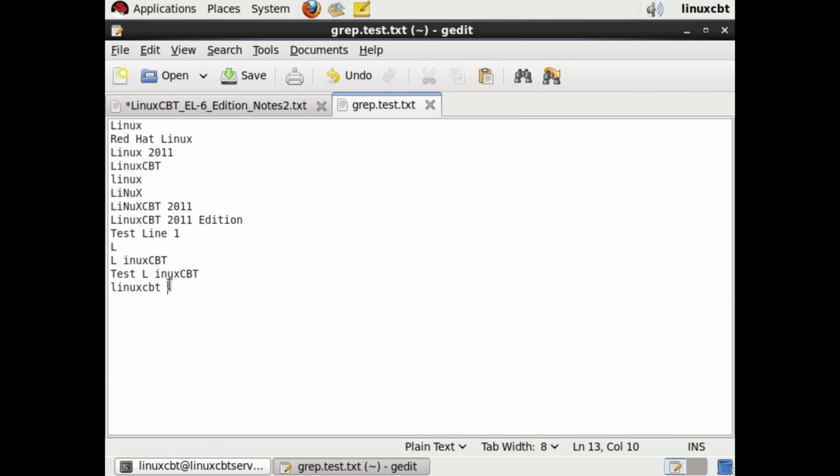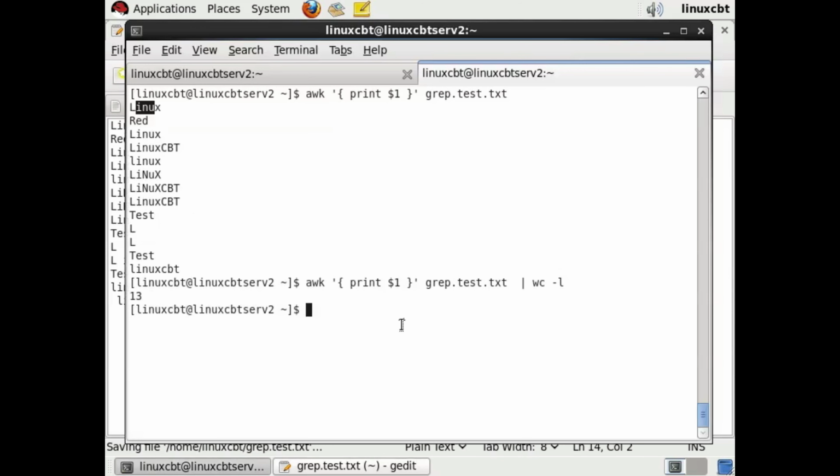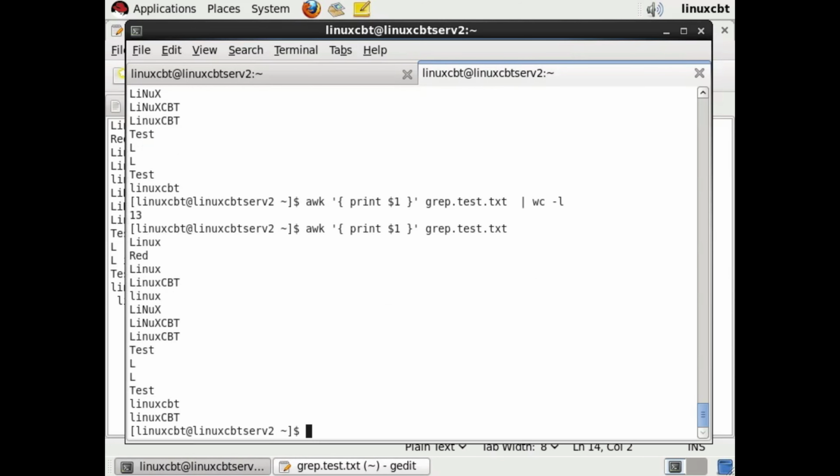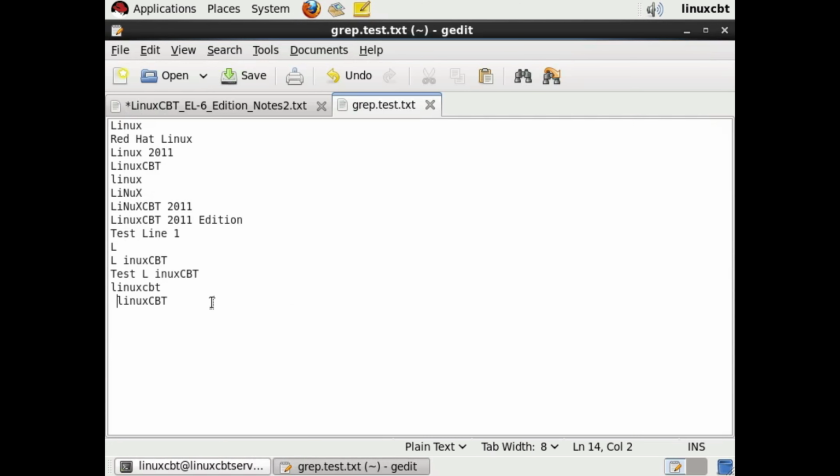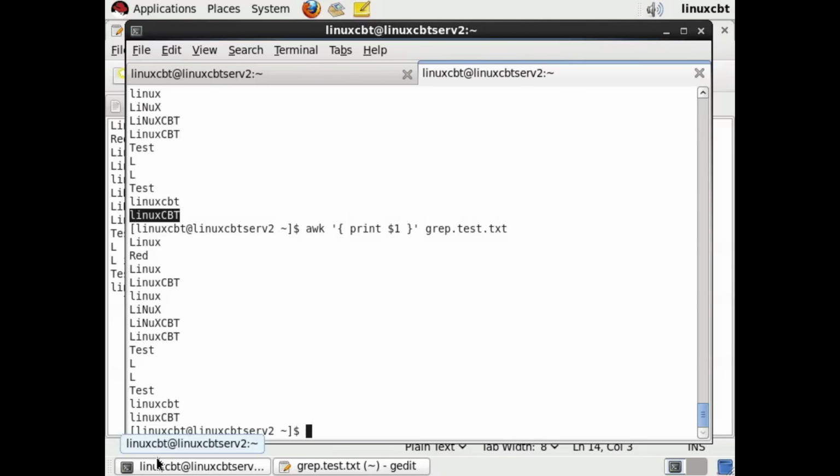Now back to that question. What if a line begins with white space but has a second column? What does that mean from the perspective of awk? So we've got a space followed by Linux CBT. So space starts the line. Let's see how awk interprets this output. Notice it treats the string Linux CBT, the printable string, as the first column. So the white space is simply ignored, and what follows the white space is treated as a first field,